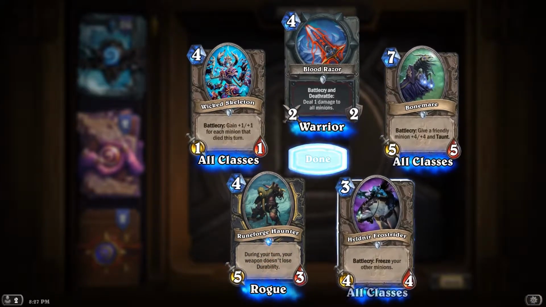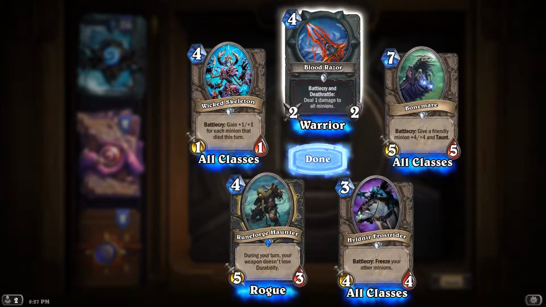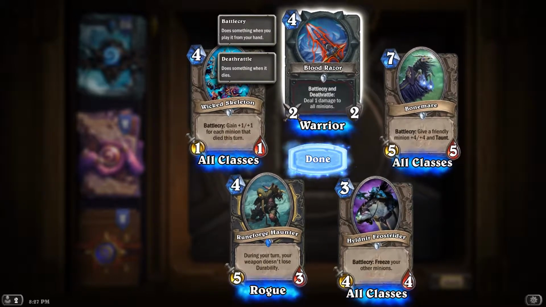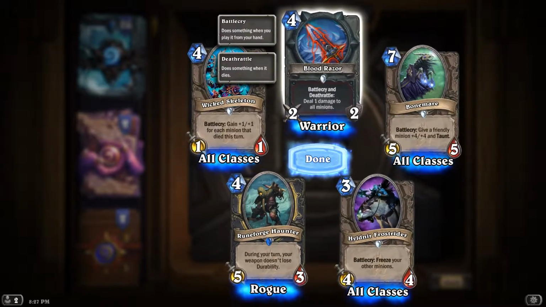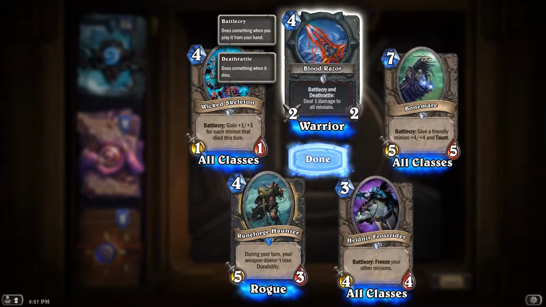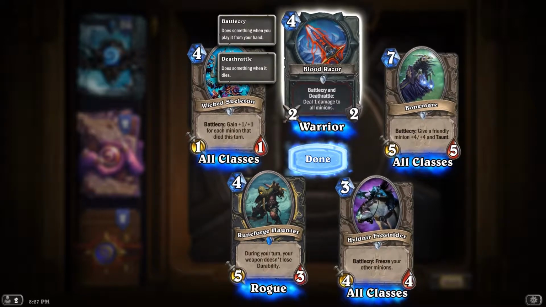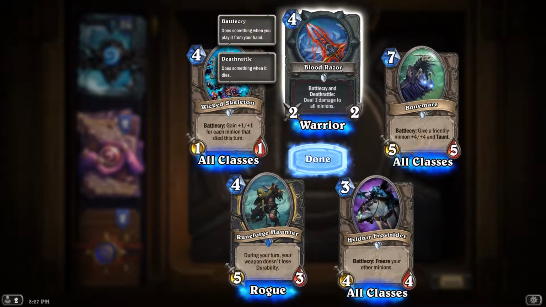Anything new? Bloodrazor is. It's a good Warrior weapon. It has an AoE, deal 1 damage to all minions, which is better in Warrior than it is in Warlock in a lot of senses, and it's more controllable, right? So maybe you have some enraged minions, or maybe you have a Warrior class card that draws you